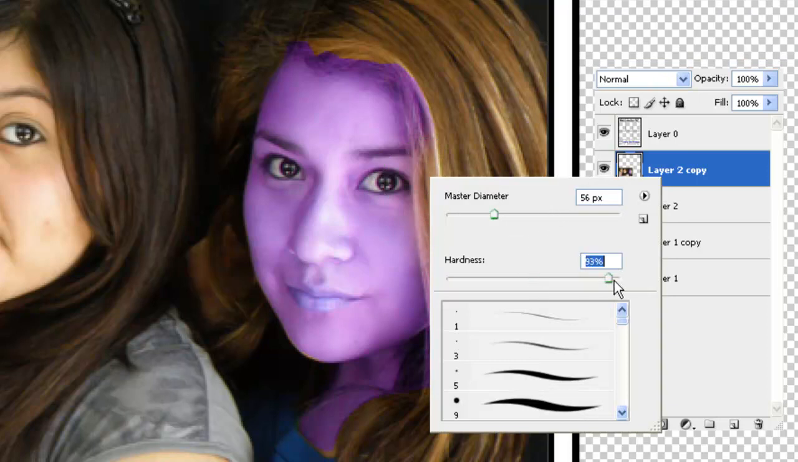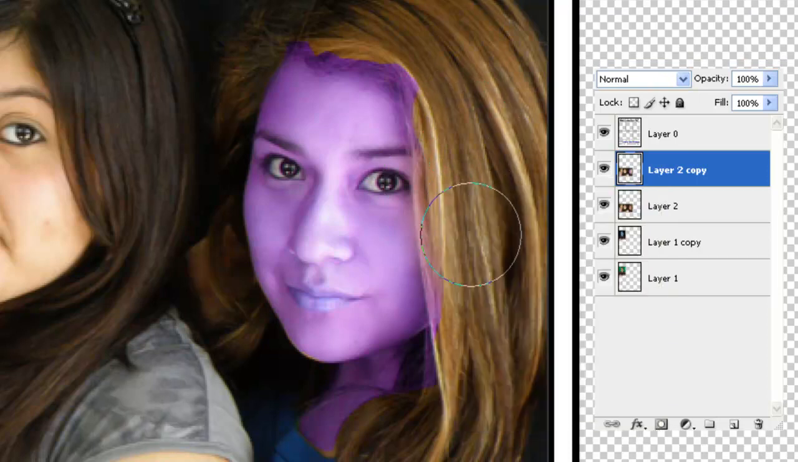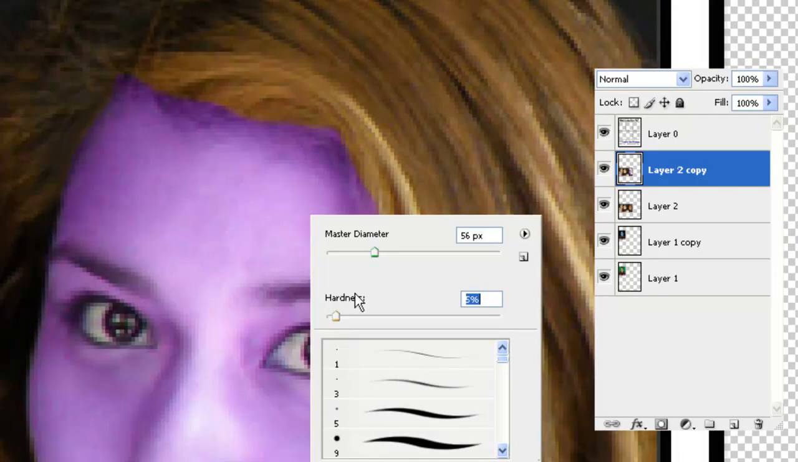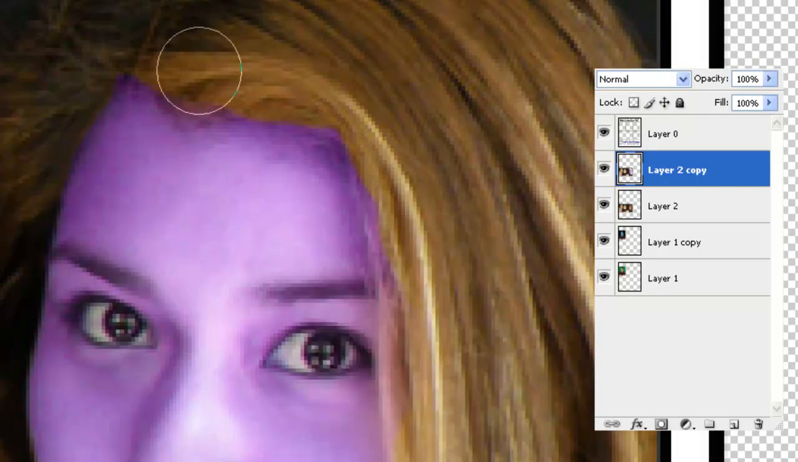But what I'm going to do next is I'm going to make the hardness 100%. And when I do that, it's much easier to delete, and we've got the original hair. And what I'm going to do is I'm going to zoom in, and again I'm going to bring the hardness down. I'm going to reduce the diameter,